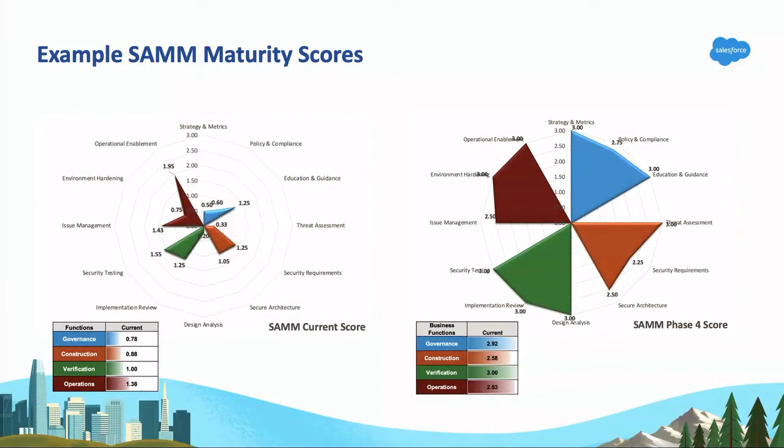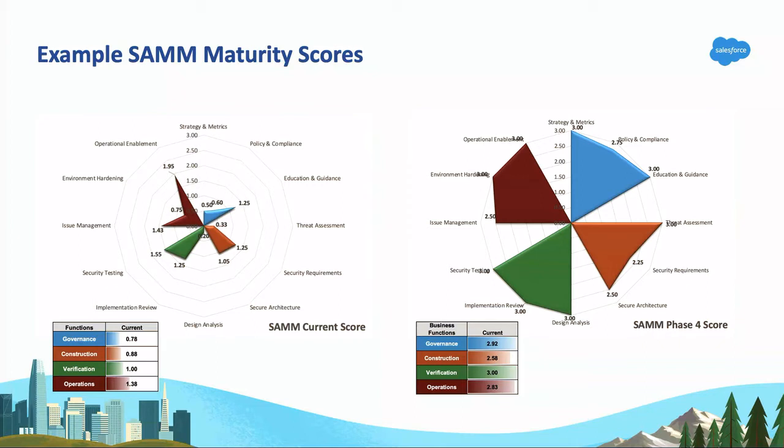So this is an example of what the SAMM maturity scores look like. Has anyone used OWASP SAMM? There are pluses and minuses to everything. This framework is very software focused. So I know all the controls. There are SOC 2 controls. There are ISO controls: 27001, 17, 18. How does that relate to your software development lifecycle? SAMM gives you those points of how you should be maturing your product and your software.